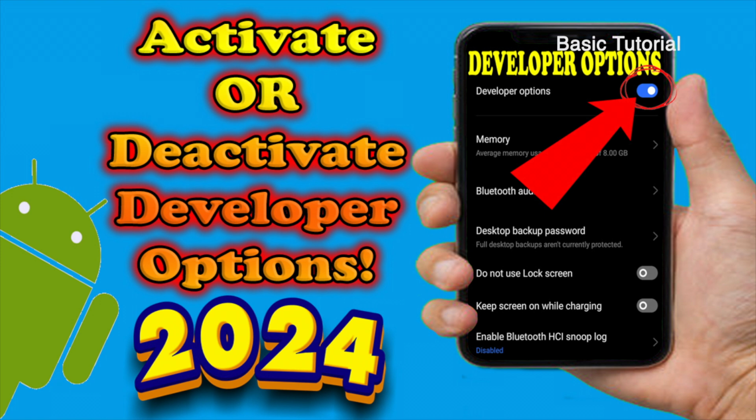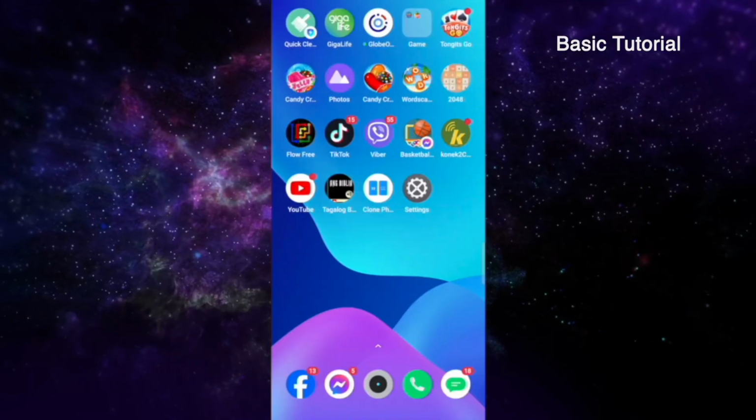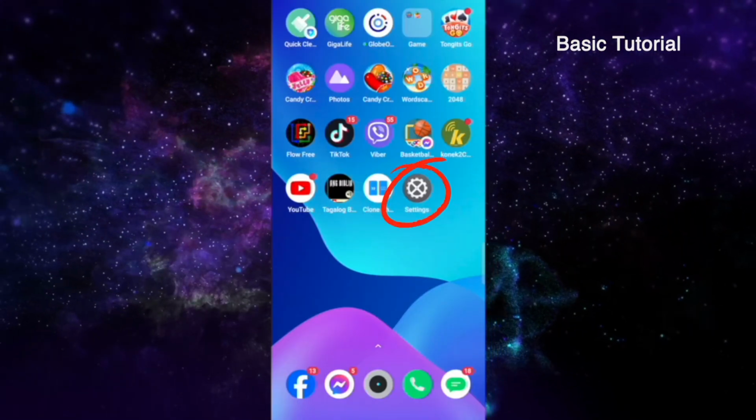And in this video, I will teach you the step-by-step tutorial of how to activate or deactivate the developer options on your Android device. So first thing you have to do is to open the settings